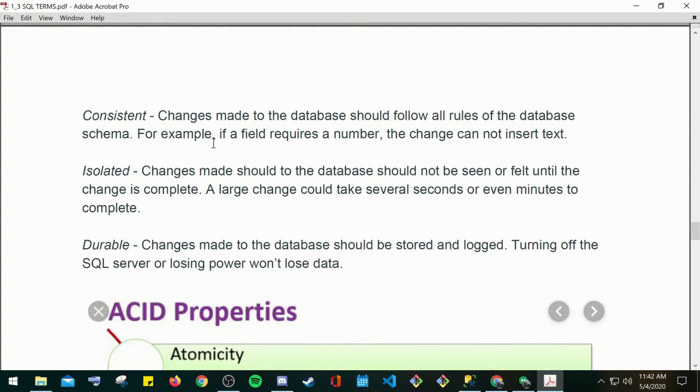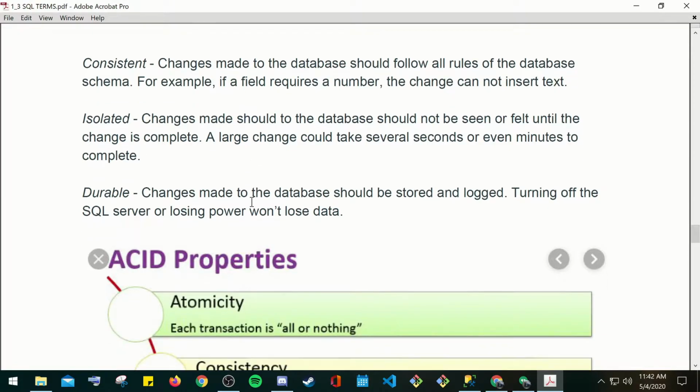For example, if a field requires a number, the change cannot insert text. Isolated changes made to the database should not be seen or felt until the change is complete. A large amount could take several seconds or even minutes to complete. Durable changes made to the database should be stored in the log, so turning off the SQL Server or losing power won't